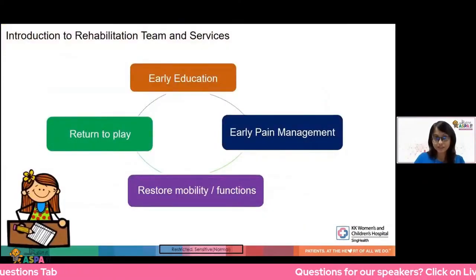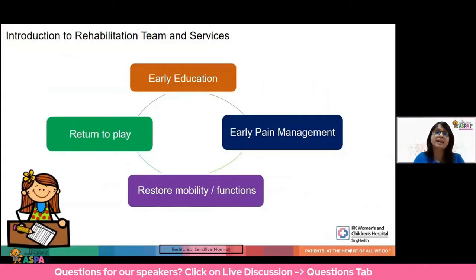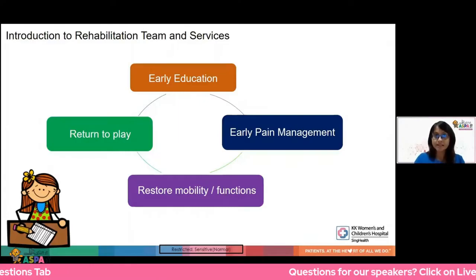Introduction to rehabilitation team and services. Communication among the interdisciplinary healthcare team, the patient, and the family is very essential. Early education and pain management will help restore mobility and functions faster and aim to return the child to play